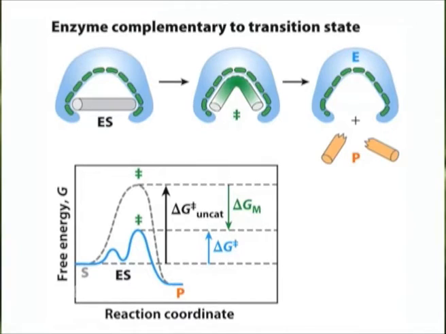When taken together with the previously described catalytic mechanisms, preferential transition state binding explains the observed rates of enzyme catalyzed reactions. The original concept of transition state binding proposed that enzymes mechanically strained their substrates towards the transition state geometry through binding sites into which undistorted substrates do not fit properly.